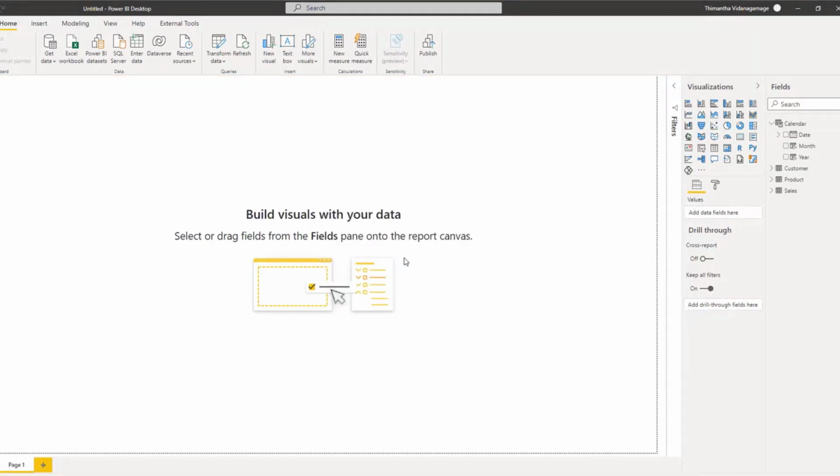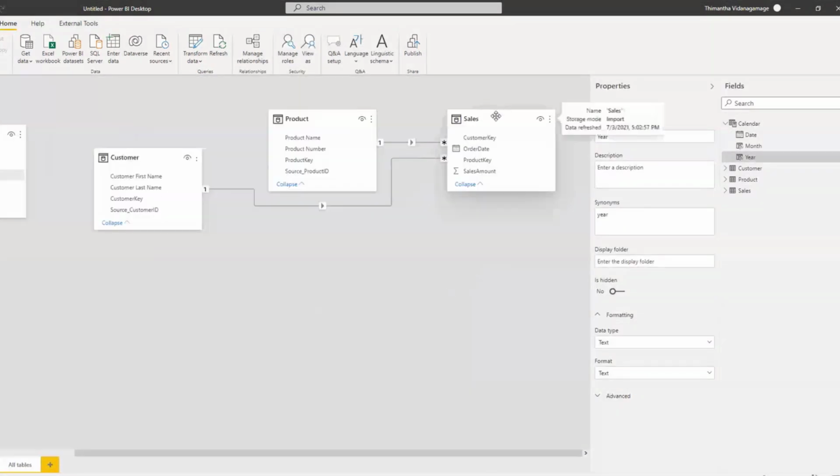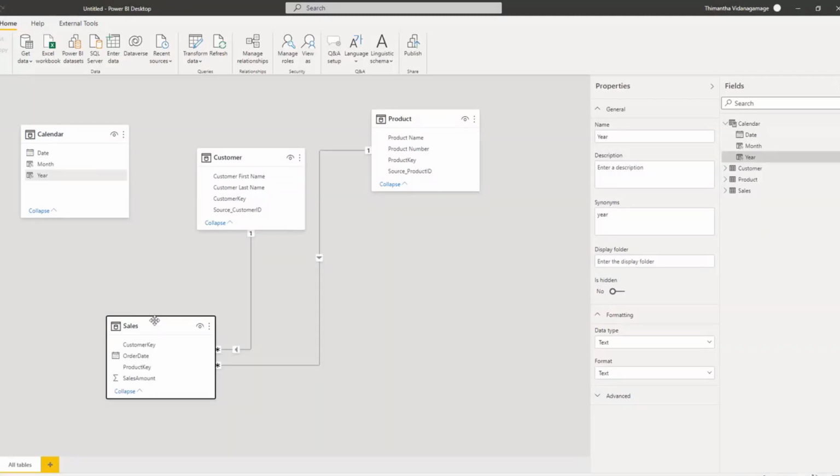Right, so we have the fact table in, as you can see on your right hand side, but if you go into this view, you can see the fact table here as well. Two tables had already joined themselves automatically by identifying the key. You can see customer key to customer key is joined, and product key to product key is joined. And now what we have to do is join date to date. So I would just click on the date field and drag it on top of the order date, which is a faster way to create this relationship.